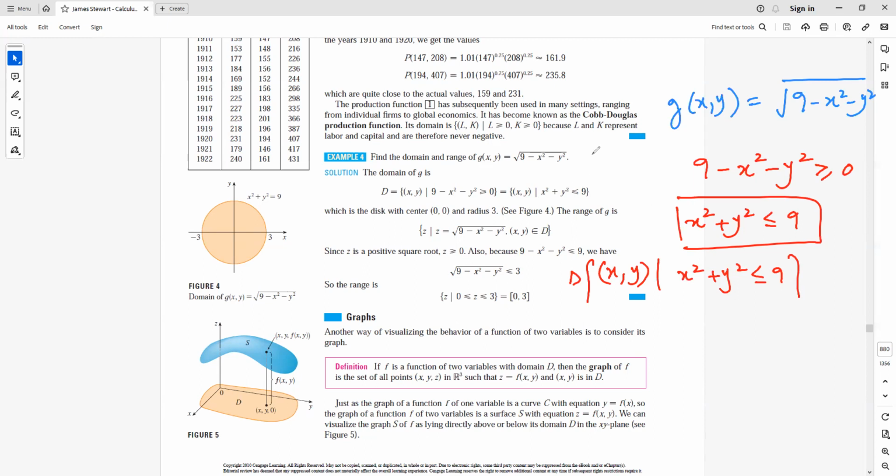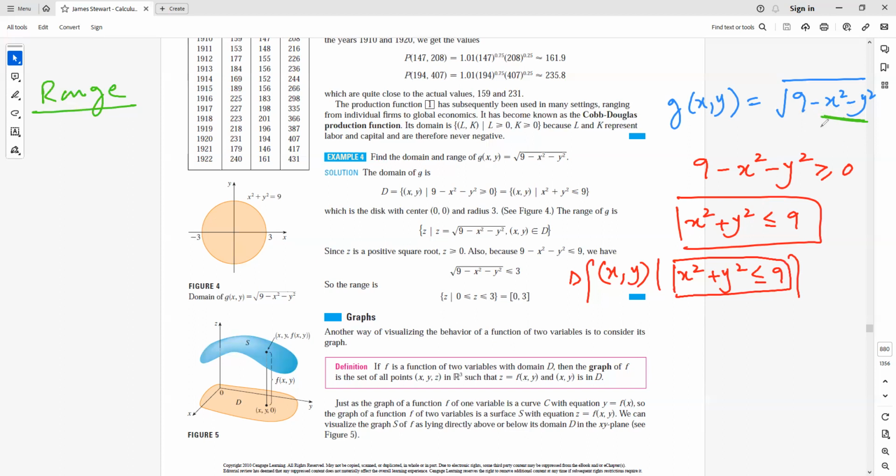Okay, now for the range, what can be the range? So as we have limited the domain by saying that this x squared plus y squared should be less than or equal to 9, now what can be the range of this function, right? So let's talk about its range here. Now see here, if I give the values that are less than or equal to 9, so the minimum value that I can give here